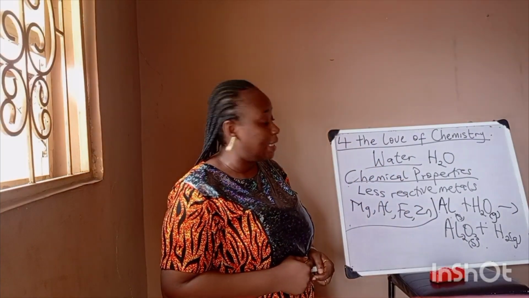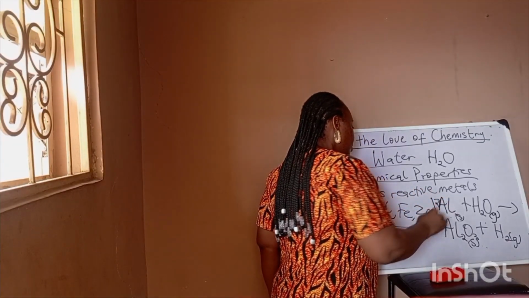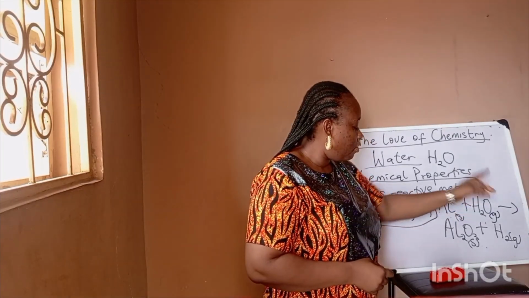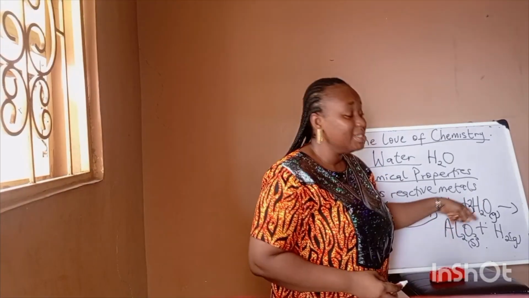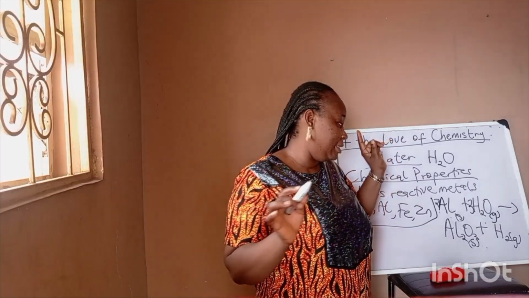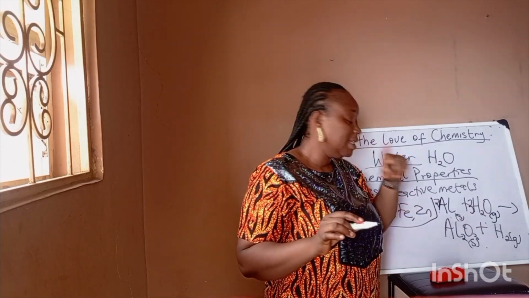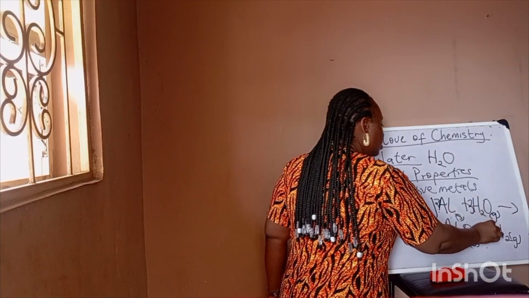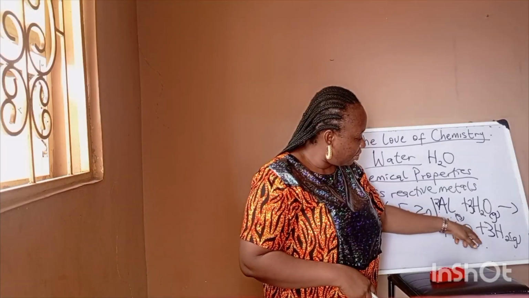So let's balance the equation. We have 2 aluminium here, so we have to put 2 here to balance that. While we have 3 oxygen here, but we have only 1 oxygen here. So if we put 3 here, the reason I put 3 there is because I can see that hydrogen is staying on its own, so I can easily add anything to balance it out. You get? So we have 3 atoms of oxygen and 6 atoms of hydrogen. So what do we do here to make this 6? We put 3. Alright, so I think it's balanced. 2 aluminium, 3 oxygen, 3 oxygen,